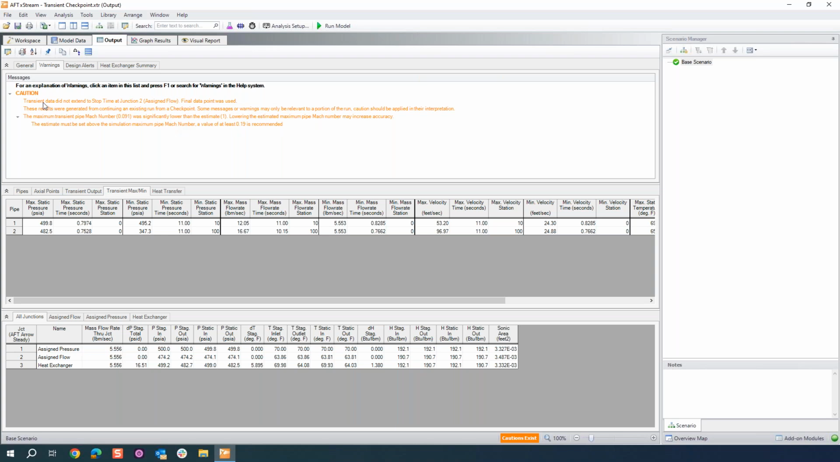What you might see when you run a checkpoint file is this error message or caution message saying these results were generated from continuing an existing run checkpoint. Some of the warnings may only be relevant for a portion of the run. What this is basically trying to say is sometimes when we're parsing through the data, we'll throw a caution for one of the checkpoint files that you had, but the transient after the checkpoint file might not have the error or might have a duplication of that error. So you could end up seeing maybe two of the same warning for the same thing,